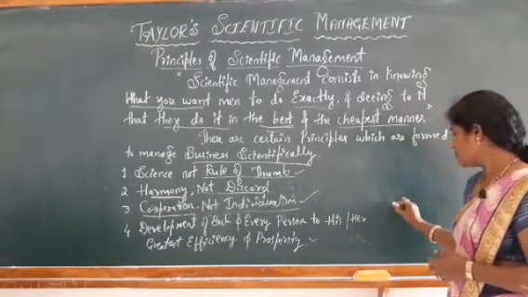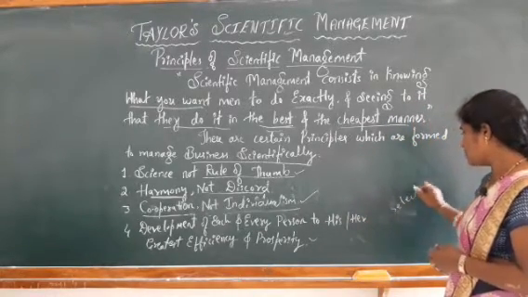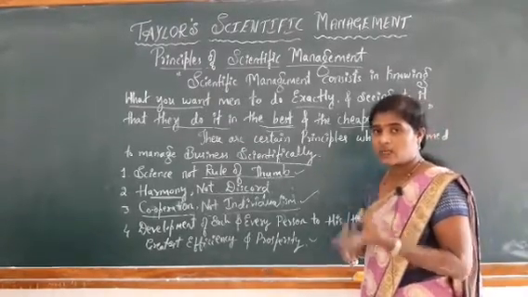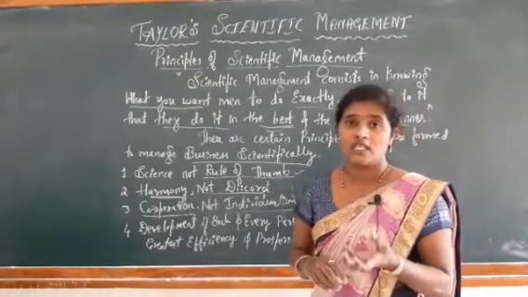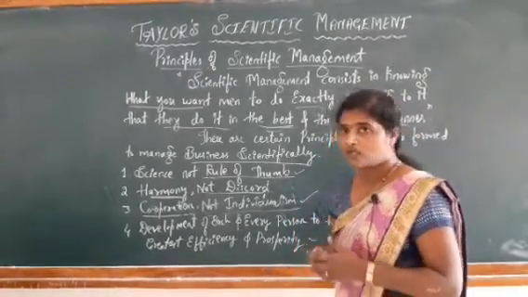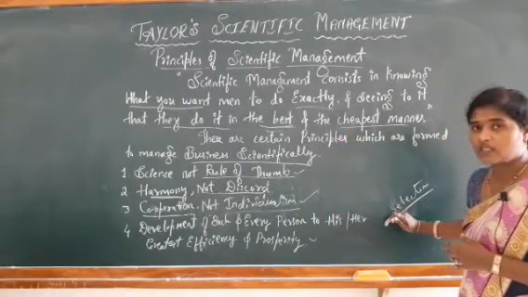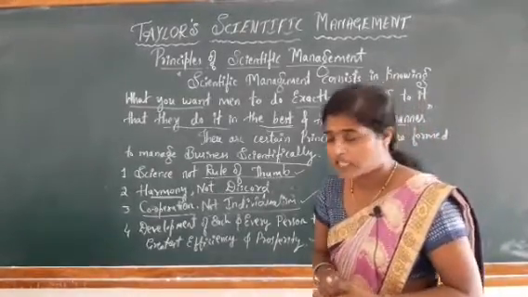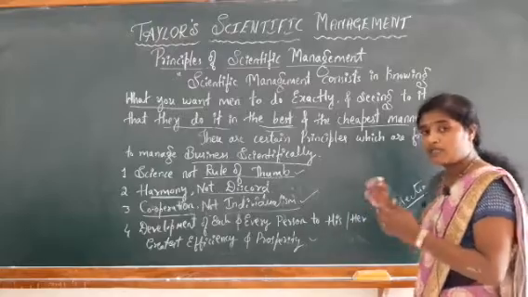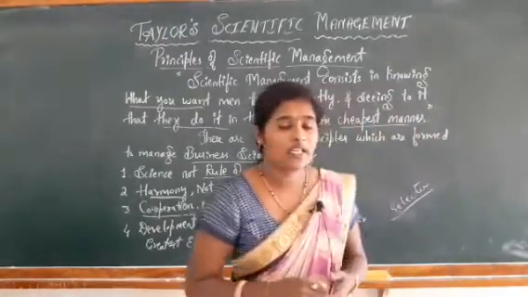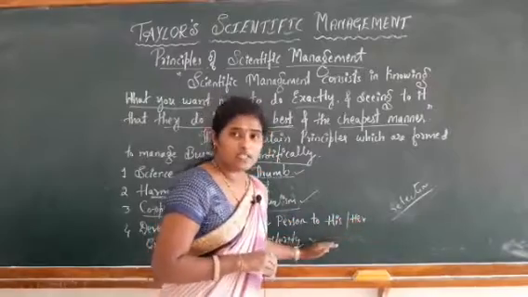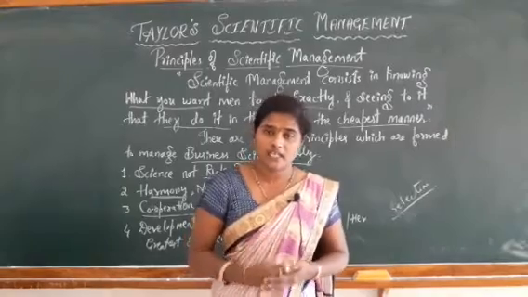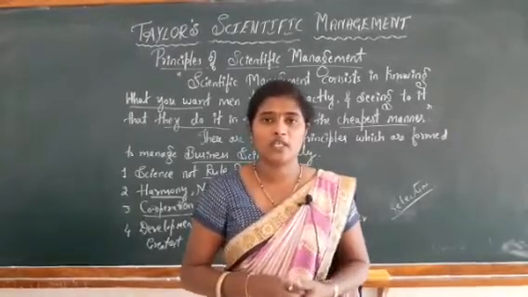So when you select a person or an employee, before selecting we have to study that person, whether he is capable or not, whether his knowledge and skill are suitable to our organization or not. How do you make the selection? By taking a test or by studying the mental ability of that particular person. Then only we make the selection. After selecting that person, you have to give training. By providing training facilities, he automatically gets an idea of your business organization. After getting the training, he will be capable of working in an effective way.